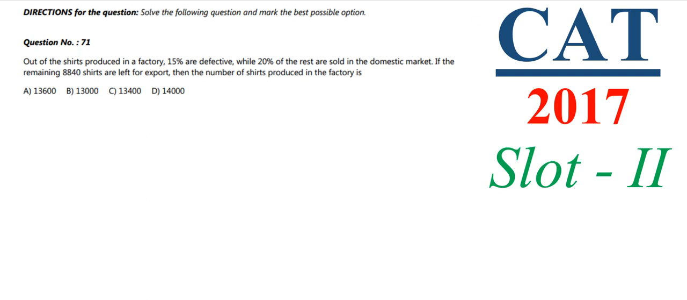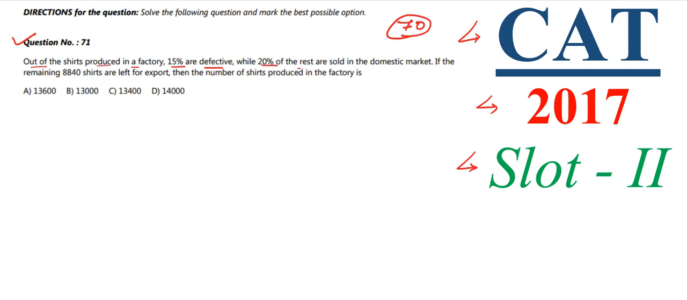Today we are going to solve CAT 2017 question paper slot 2. In our last videos we have solved questions up till 70. So now we are going to start with question number 71. So let us begin. Question 71 says: out of the shirts produced in a factory, 15% are defective while